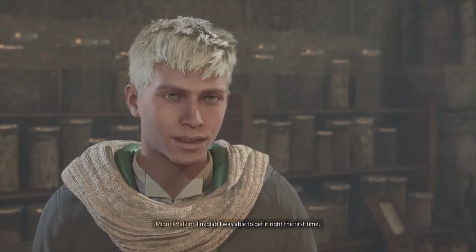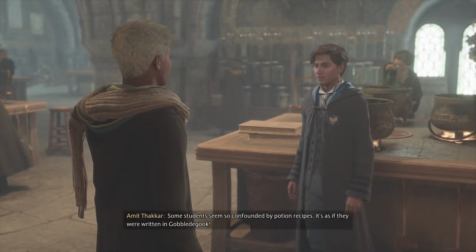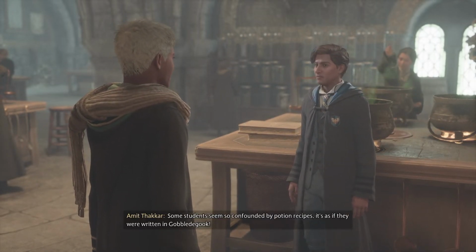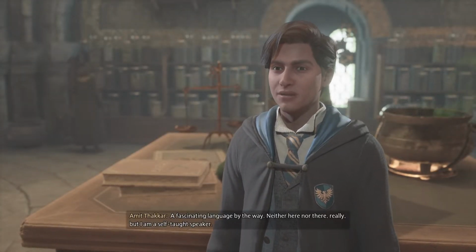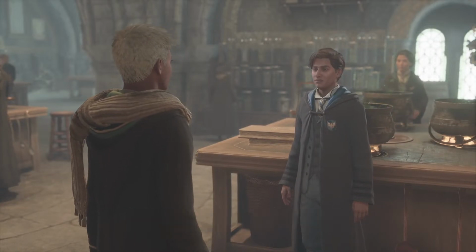I'm glad I was able to get it right the first time. You must simply have a knack for potion making. Some students seem so confounded by potion recipes, it's as if they're written in gobbledygook. A fascinating language, by the way. Neither here nor there, really, but I am a self-taught speaker. Speaking of stars...